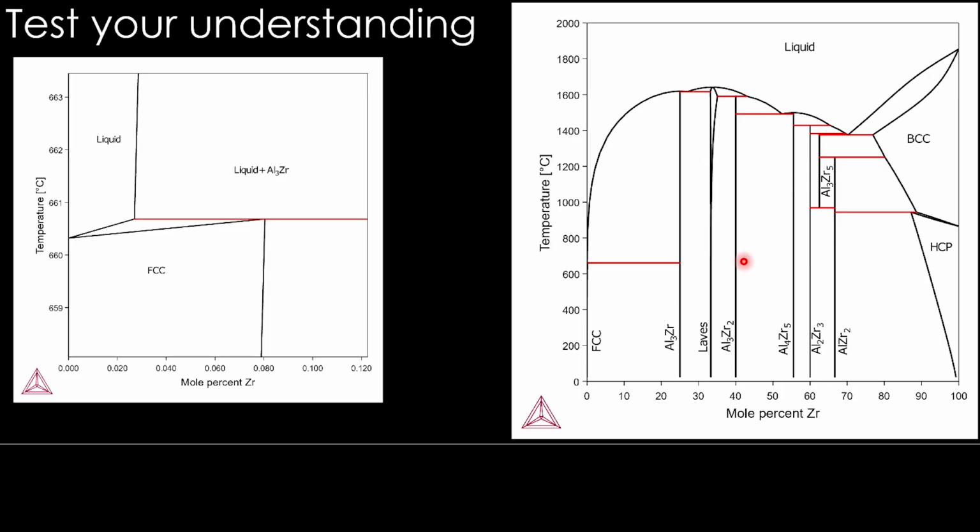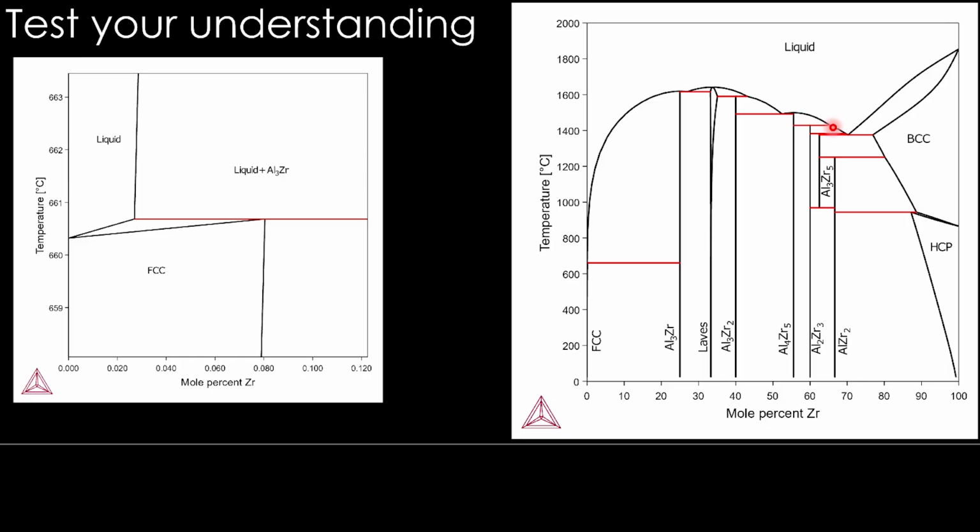This is also a two-phase region. If you see Al3Zr2, this is this line compound. Laves phase is here. So this is a two-phase region with Laves phase and Al3Zr2. Similarly, to the right of this line, we will have an Al3Zr2 and Al4Zr5 two-phase region. In both these regions, Al3Zr2 is present. But for overall compositions before this line, it might have formed due to this peritectic reaction. But for overall compositions after this line, this phase will form through this eutectic reaction.